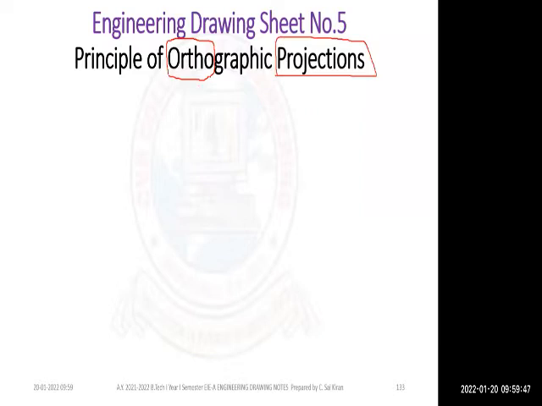Ortho. So have you seen orthopedic? They will call a few doctors orthopedics and all those things. So ortho is nothing but the 90 degrees. So if there is any object,